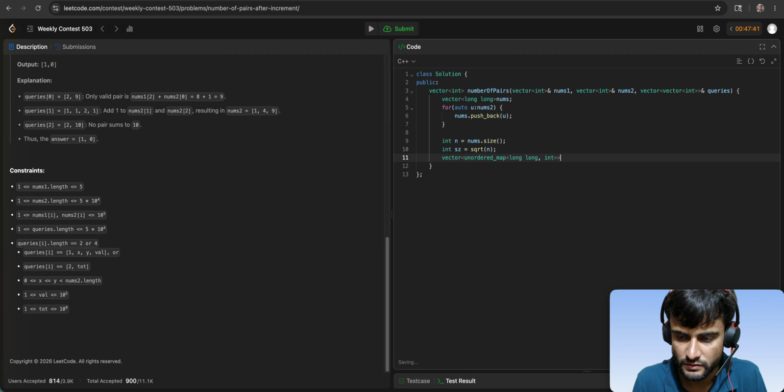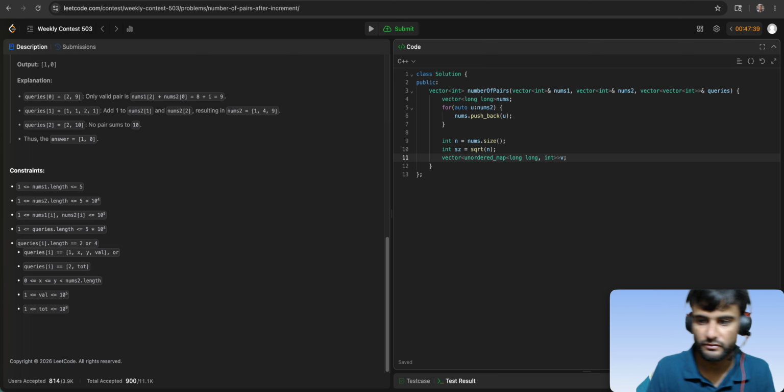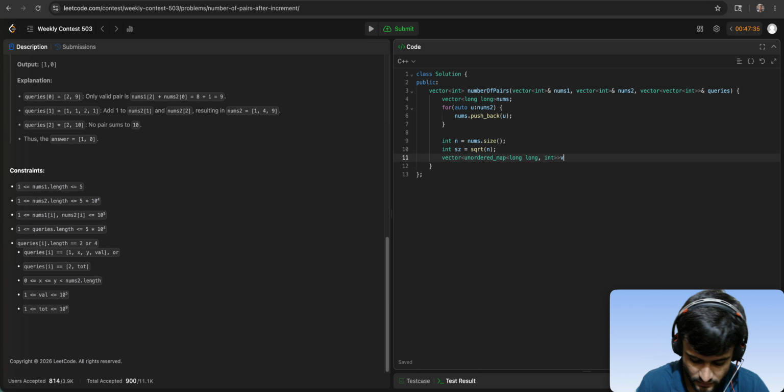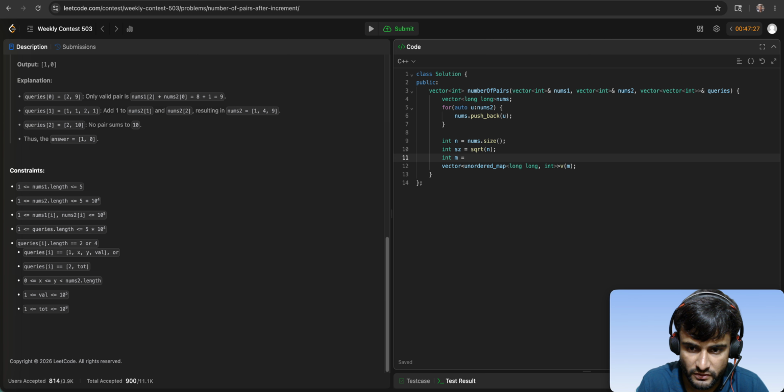This will store, let's call it v for now. So what does v store? v is of length m, where m is the number of segments. So how many segments will there be? The total number of segments will be